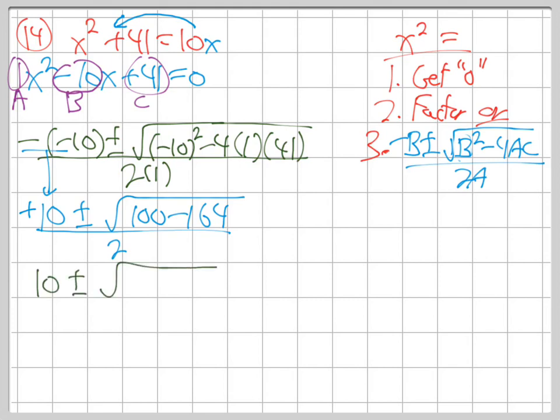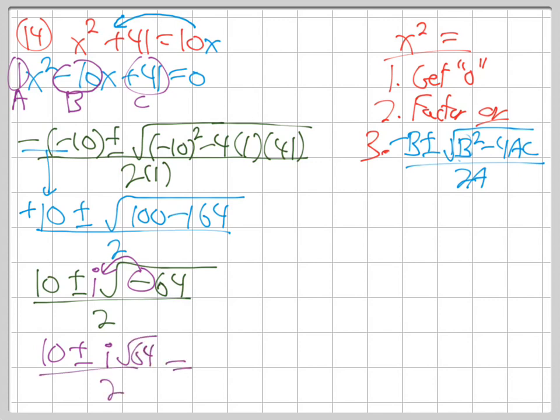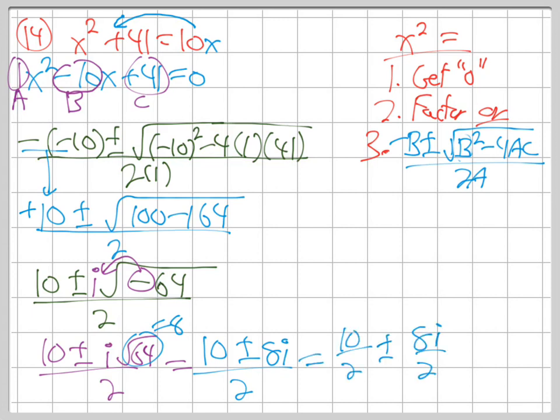And that's 10 plus or minus the square root of negative 64 over 2. And what do you do with a negative inside of a root? That negative comes out as an i, doesn't it? So it's 10 plus or minus i root 64 over 2, which is 10 plus or minus 8i, because the square root of 64 is 8. And then you separate that: 10 over 2 plus or minus 8i over 2, which equals 5 plus or minus